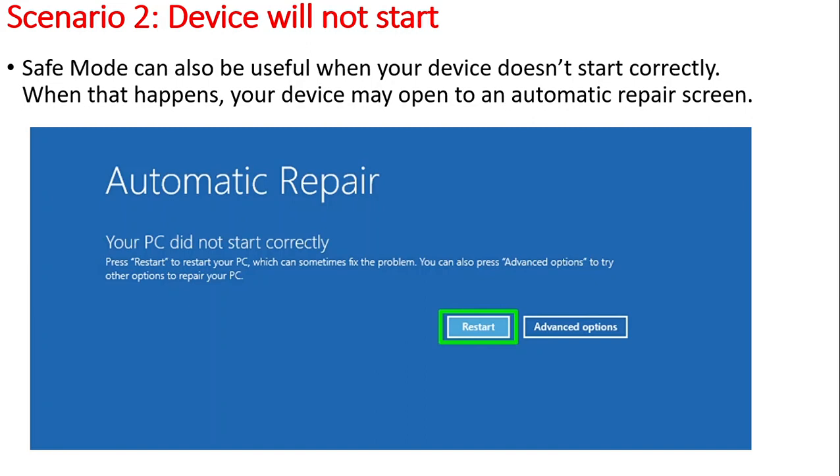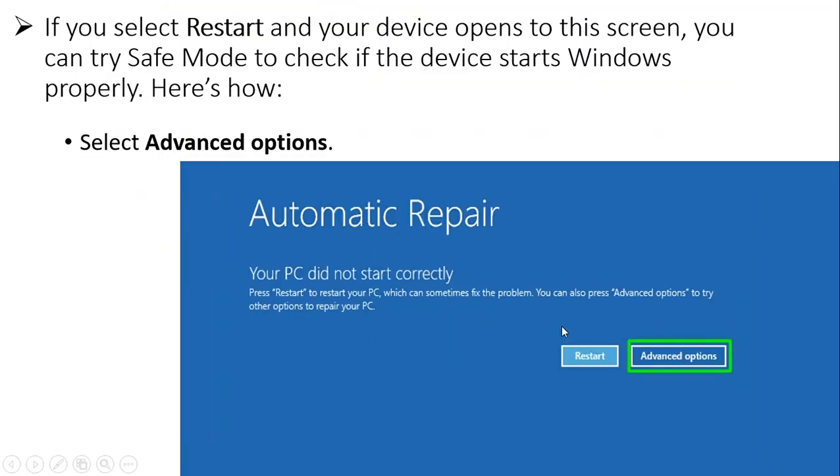But if you click on restart and the system still shows the same window, then you need to click on the advanced options. See here in the arrow, you can also press advanced options to try other options to repair your PC. So if you want to repair your PC, you need to click on the advanced options.